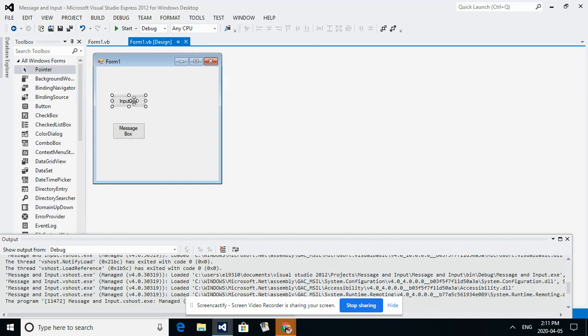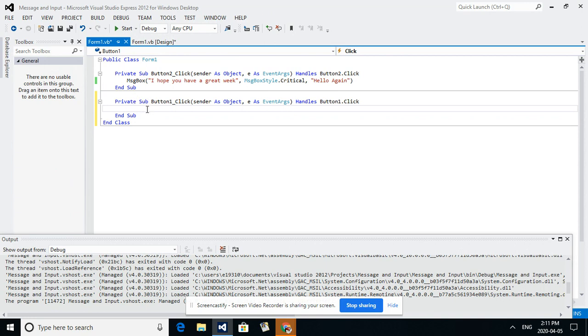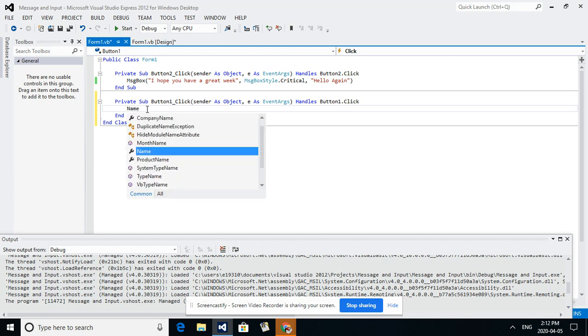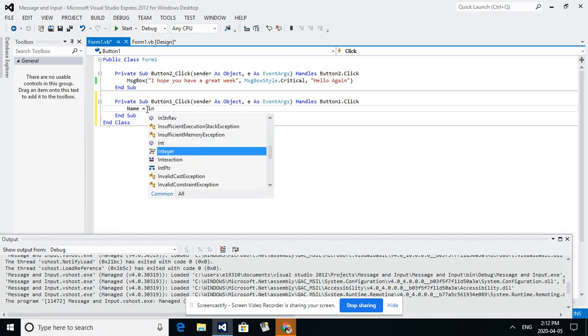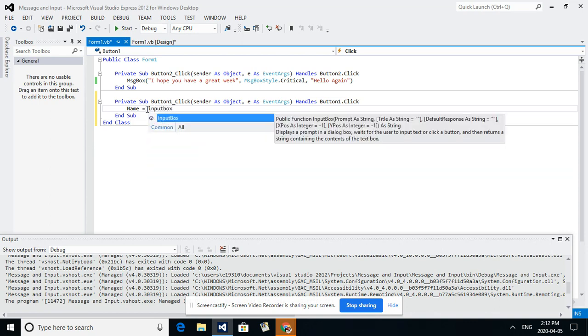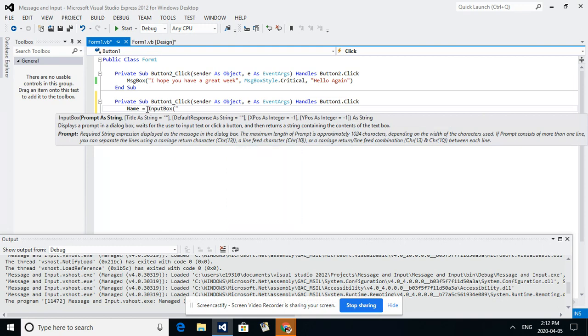So an input box, we'll double click. An input box is we're asking the user for information. So if we do that, let's say I'm asking the user for their name. So name will equal input box, and we'll do the same thing. What is your name? Again, 1 comma only because we can't control the button. So right now we just do the title. Please enter